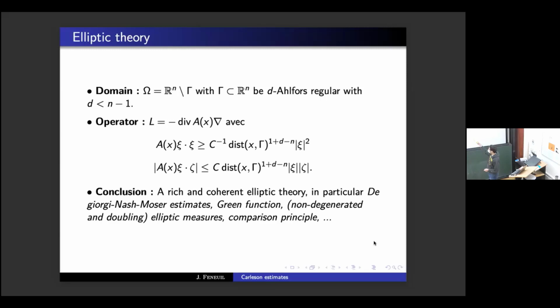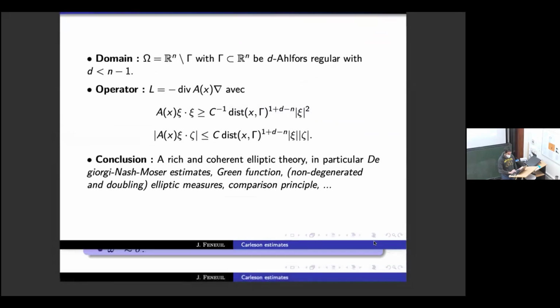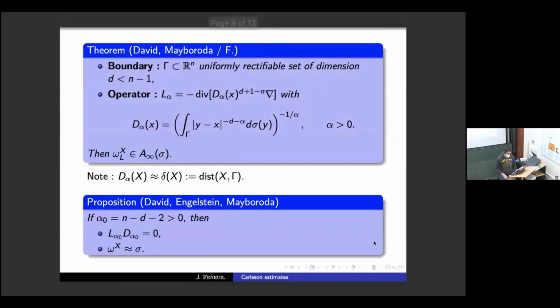They're continuous inside, of course, because the weight is non-degenerated inside, but it will be also continuous up to the boundary. You can construct Green function, elliptic measure. You can compare the functions with a comparison principle. So all the tools that exist can be translated. So next, we want to know if we can,